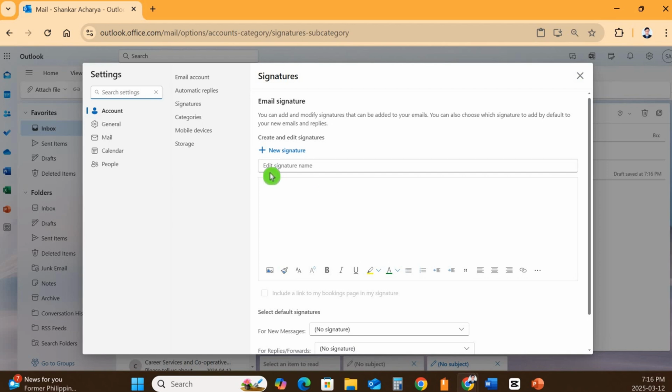So in the edit signature name, we can put the signature name. I say work, and save it. Under this work, I create the signature. So for the signature, I say